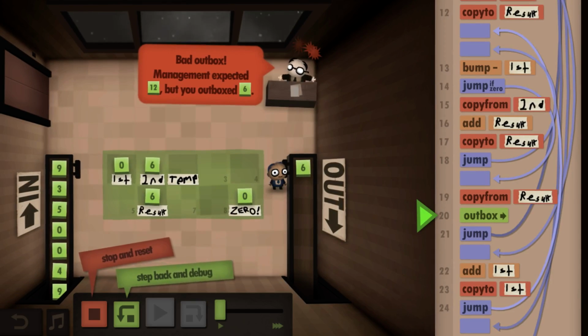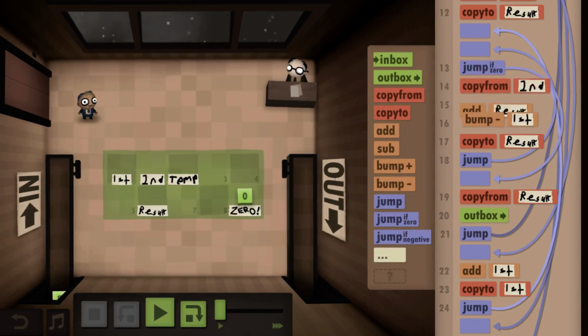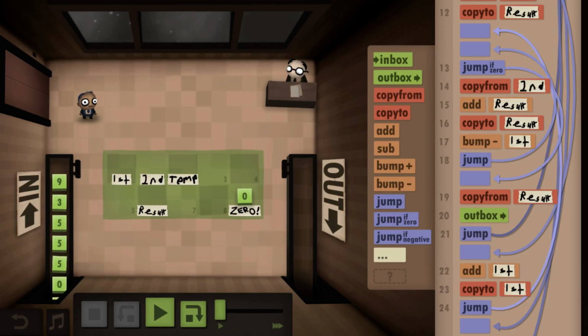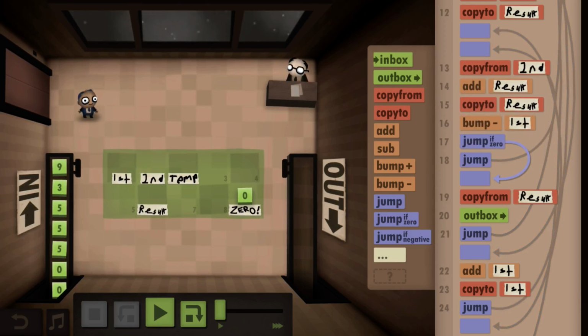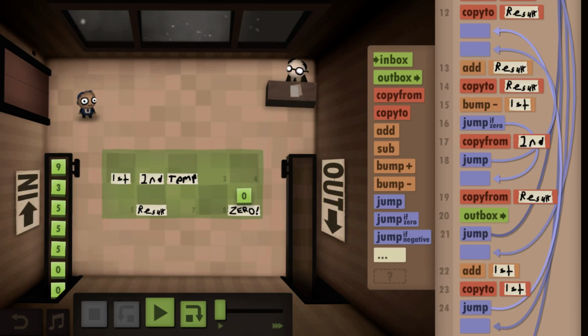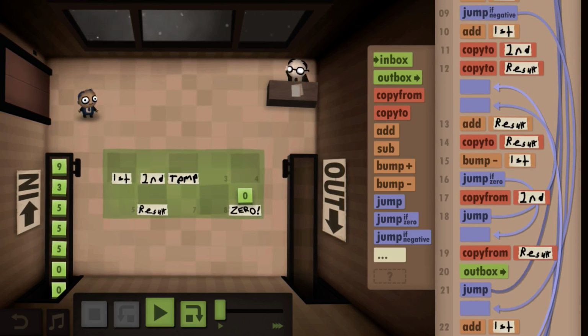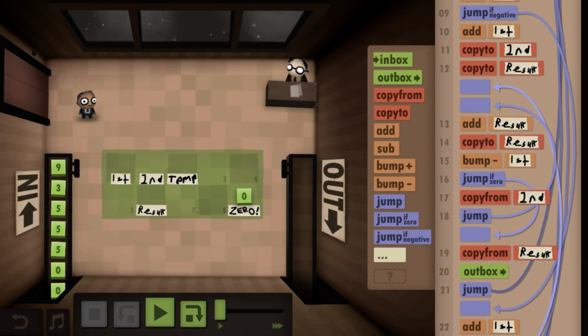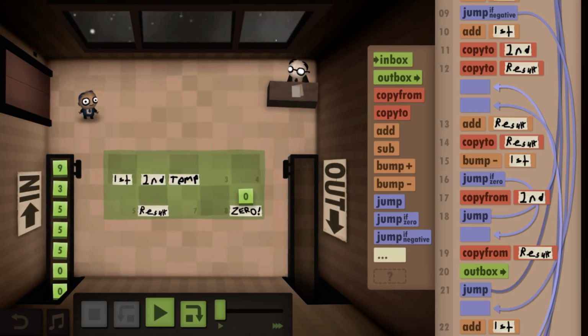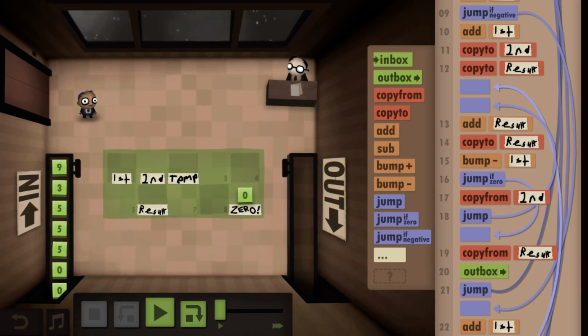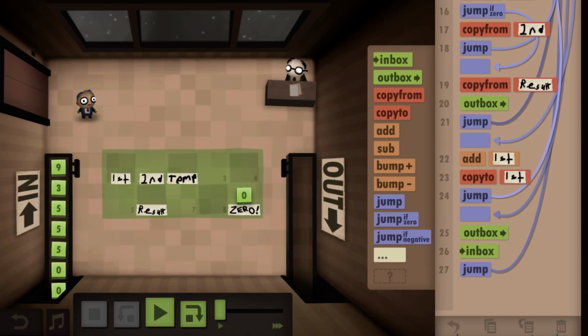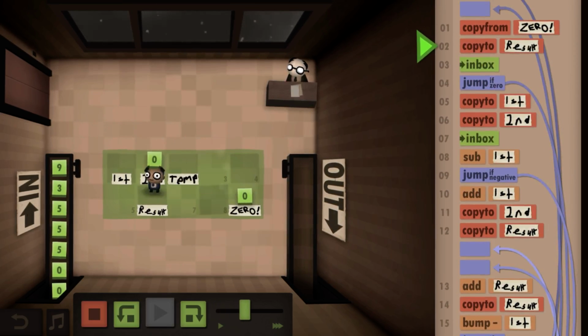No, that was looking for 12, but I think I can fix that just by moving that around. Will that work?